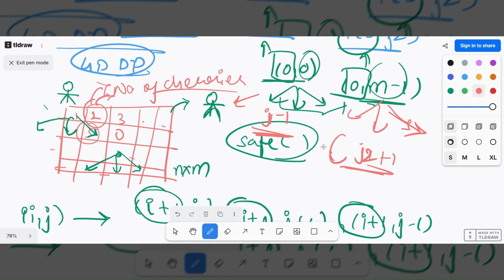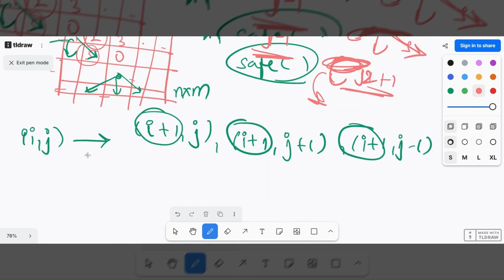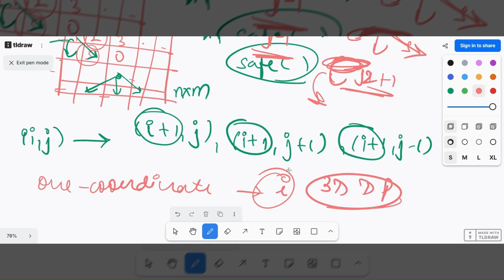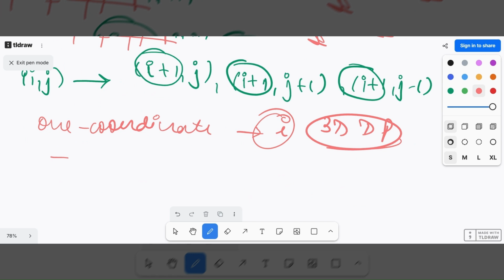From the row it is already present in, it can move to the next row. So we need only one coordinate of I. That's where the logic of this question varies: one coordinate of I only. So we need 3D DP instead of 4D DP here. We'll store a fixed I, a J1 and a J2, because this I is for the first robot's ith position, and this same I we can use for the second robot's ith coordinate also. I hope you got that.